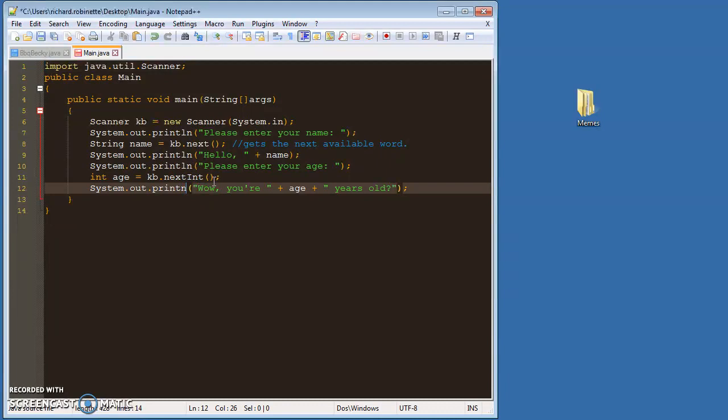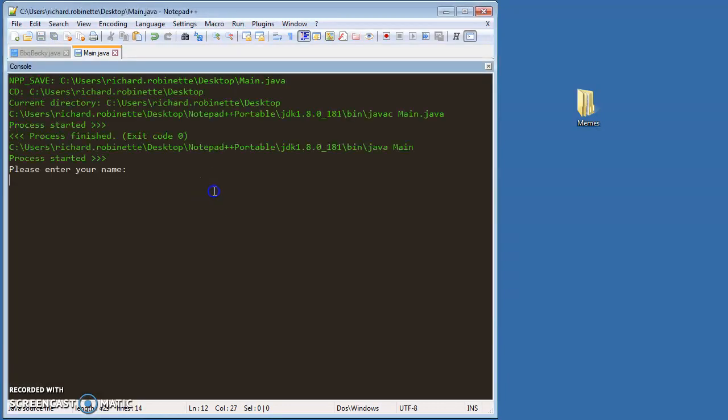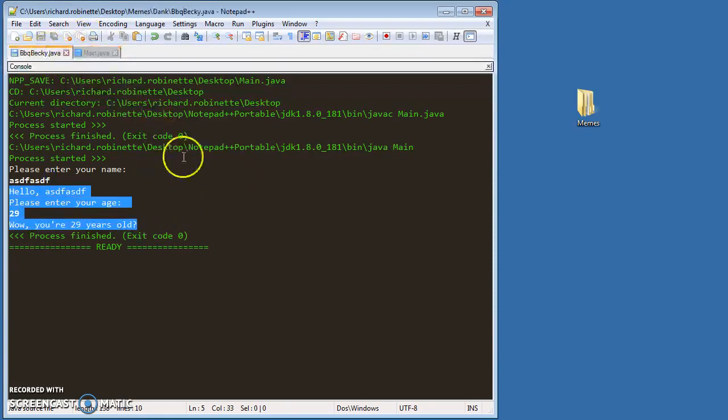The print lines I usually, all right. So let's enter my name and then my age. That's my real age, by the way. You guys can tell that. And you can see I get the response. So again,